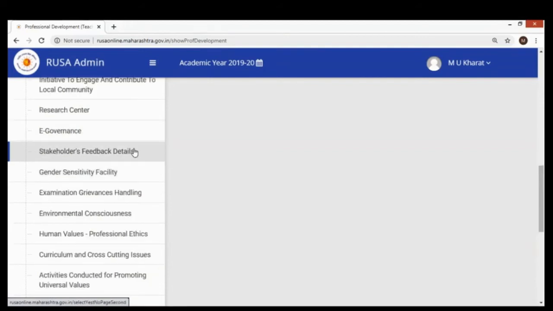This is not the feedback that NAAC is asking for from the students. This is the stakeholders feedback. NAAC is working with separate arrangements for getting feedback from the students about the institute; that is altogether different. This is from the stakeholders for improvement purposes, and in the NAAC criteria it is asked whether this stakeholders feedback is taken, whether feedback is assessed, yes or no, whether the feedback is communicated back, and actions are taken. All this information can be fed over here. This is the link related to the feedback.